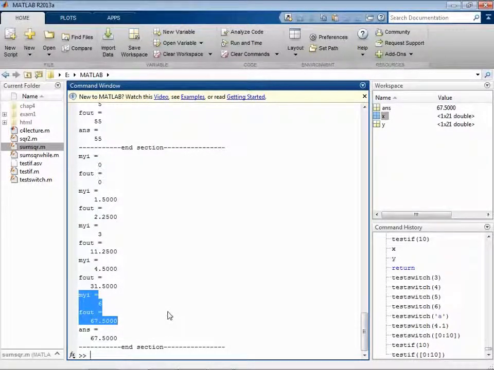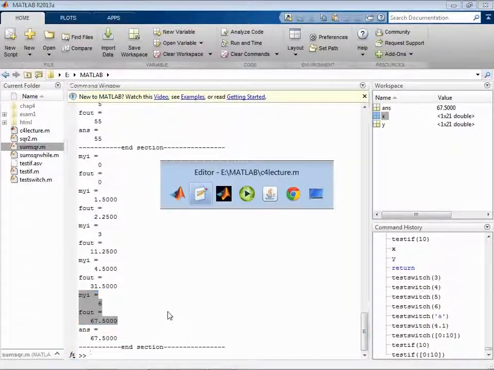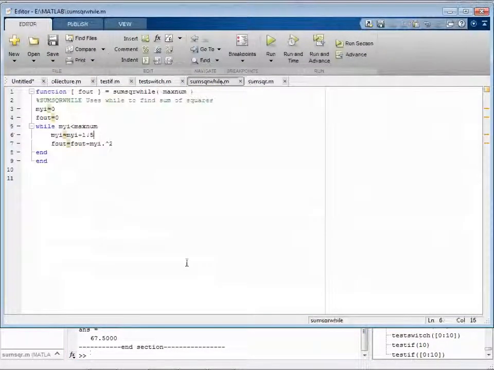Where did you change it to 1.5? On the my I equals my I plus 1.5. Instead of 1, I increased this to 1.5. Gotcha. Okay. Now,